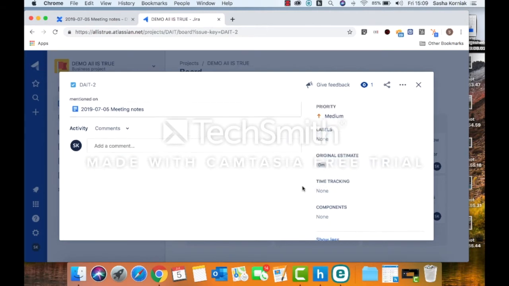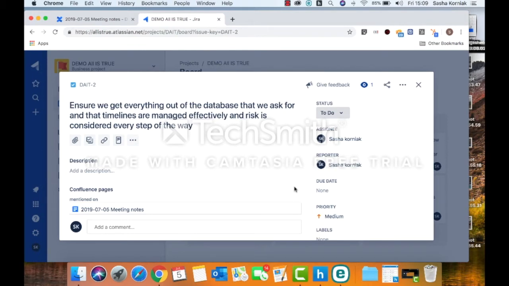We can also put an estimate and track the time. There are other functionalities within the marketplace of the Atlassian group which can also allow timesheets to be created, which would give you an idea of capacity management planning when you're looking at things like, for example, burn down charts as well, because the idea is we're supposed to get better every time we repeat a process or an operational area, to improve that as we're going along.